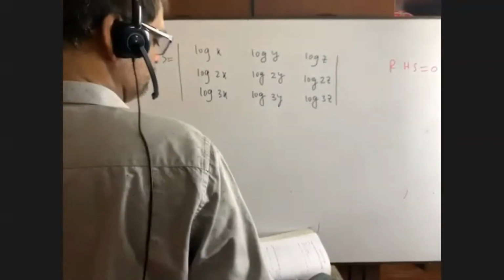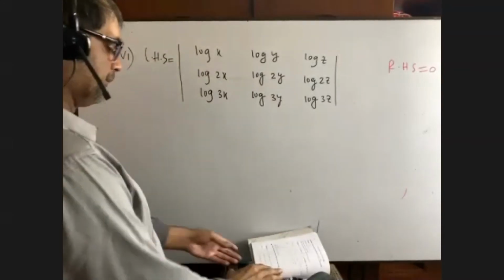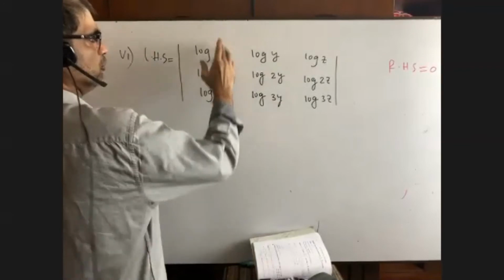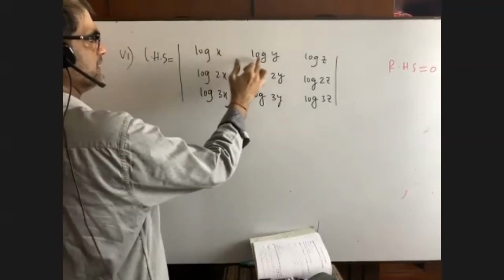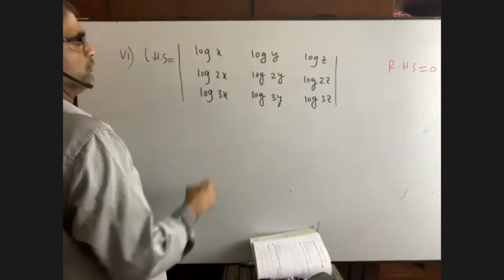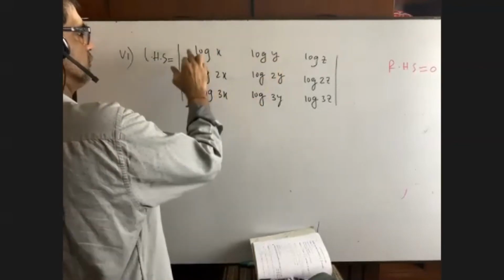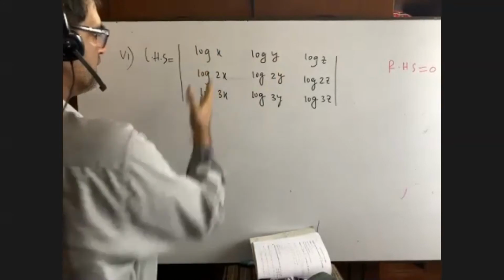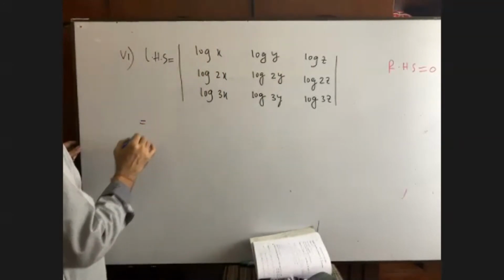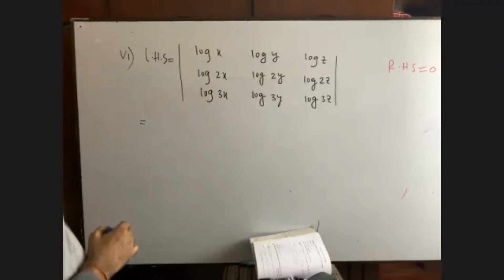Dear students, we have a combination here. If I go for subtracting this and this, we'll get something. But this and this may be hard for you. It is x, it is y. But if we go for subtracting this to this or this to this, it will be easier, because x and x. Row 1 and row 2, yes, you're right.